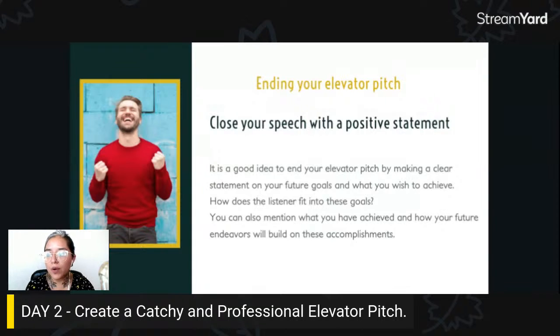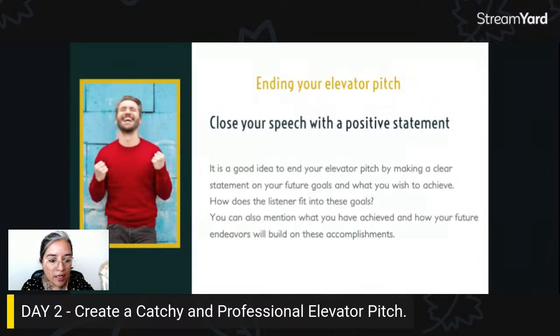What are your goals? What are the things that you want to reach? Okay, what are your interests? Maybe not your goals, but your interests. I want to continue learning about blah, blah, blah. Or I want to move up in the company, or blah, blah. Okay, but it should be a positive statement.